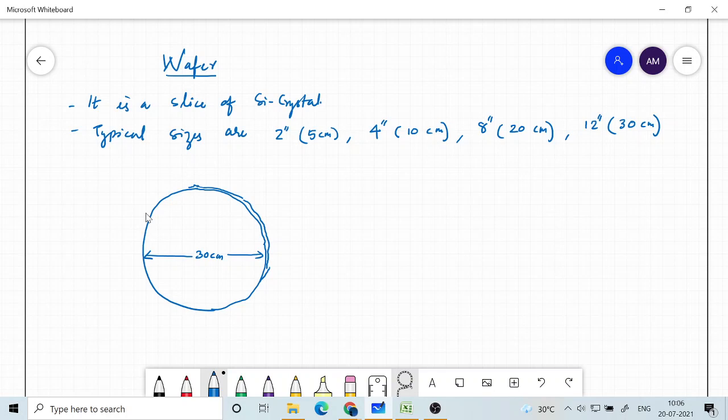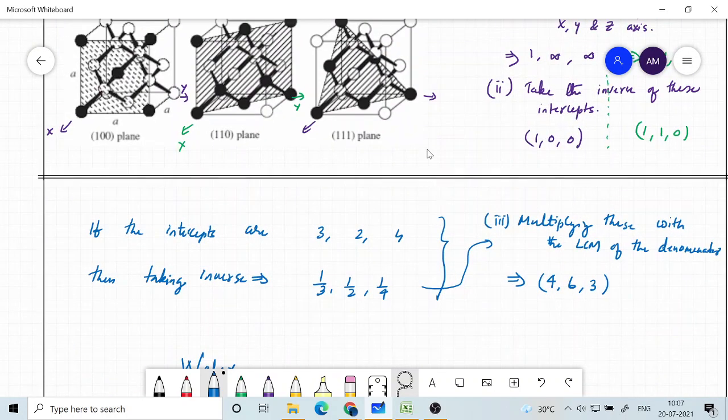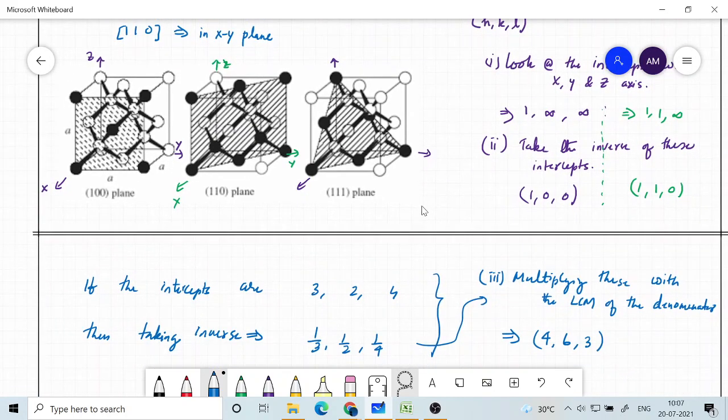Now how do we know whether this is made of p-type or n-type? For that we need to show something physically in order to easily identify the type of wafer, and also which is the plane of the wafer. The mostly used wafers have Miller indices of 100. That means the plane which is aligned to either x, y or z. So 100, since it has common properties.